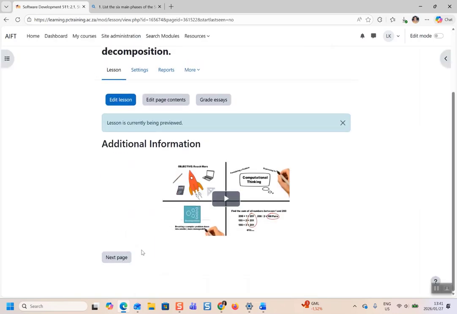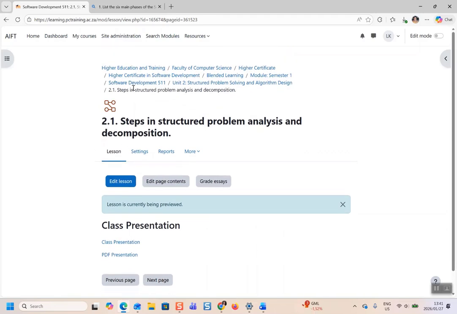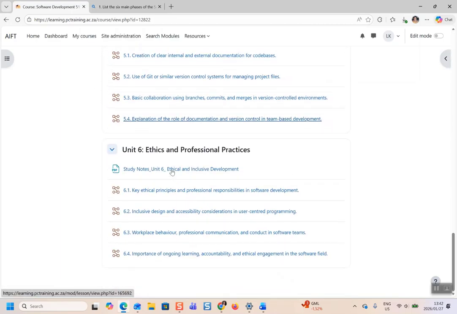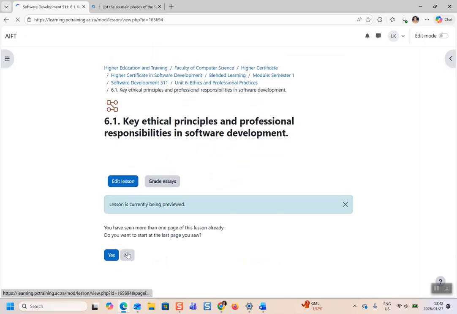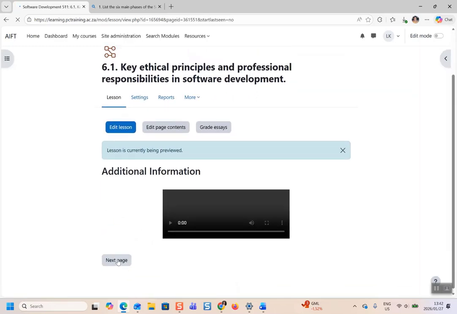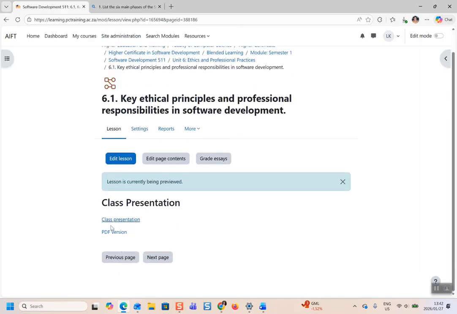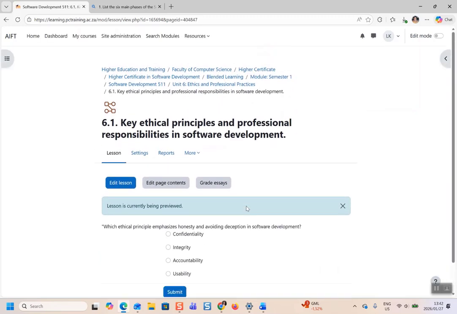Which has additional information based on that chapter, and once you press next, you can see study notes that you can fully access, right? So once you can fully access all this study note, open the subsection, you access your video, and then you are going to access your PowerPoint presentations. Once you have pressed PowerPoint presentation, it is downloaded into your computer or into your cell phone, you press next, and you are going to come into